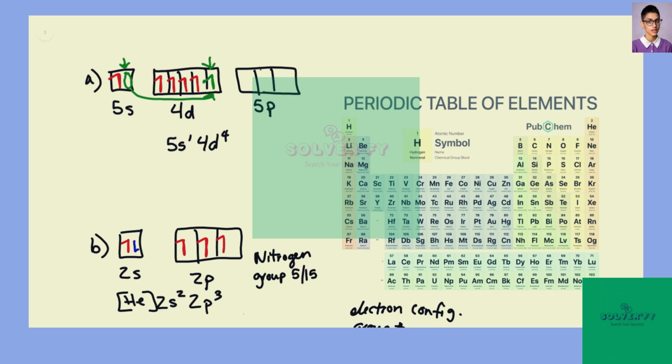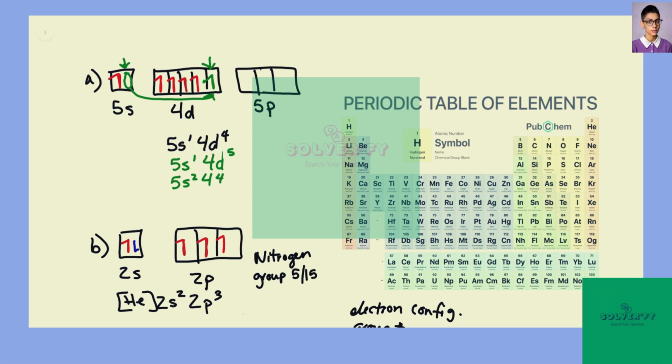So if we write out this electron configuration, we have 5s1, 4d5. And we know that, even if we had put this electron here and written 5s2, 4d4, either way, we know that this is going to end up being